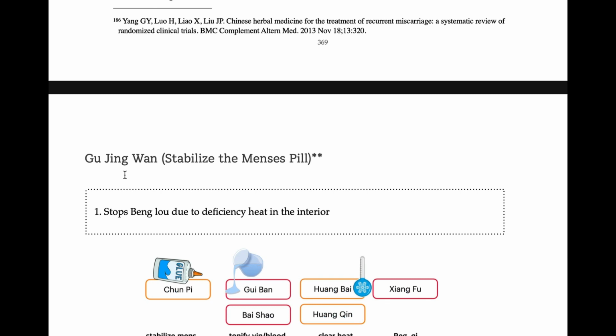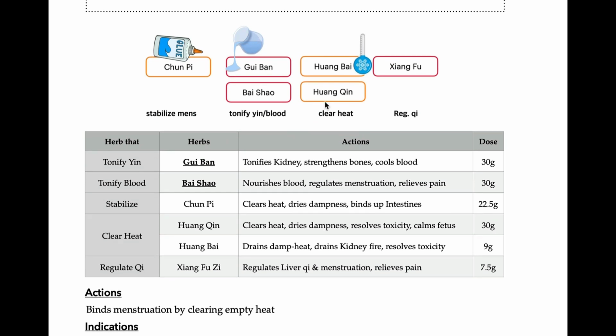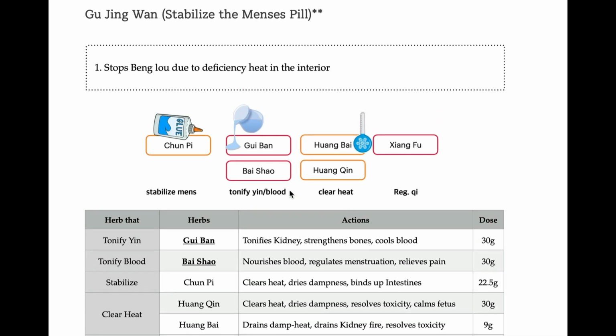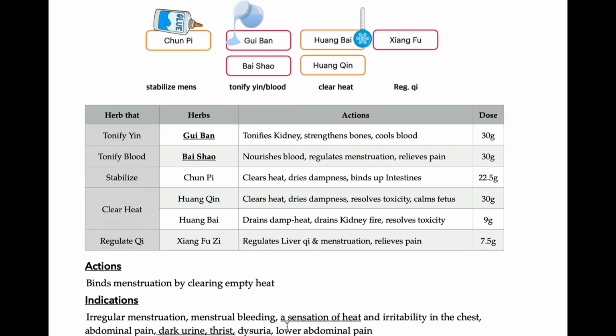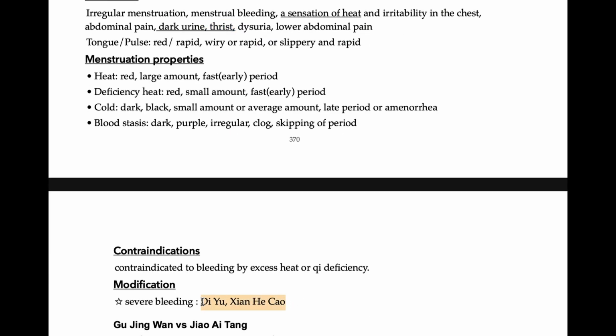And this Gujing Wan, same name, is for menses. Same name, Gujing Wan. Jinsuo Gujing Wan is for seminal emission. This one is for menstrual bleeding, beng lou. But this one has a very cooling property, not like Wenjing Tang, which has a warm property. This Gujing Wan has a cooling property. So it treats heat signs, sensation of heat and thirst. So uterine bleeding with heat signs. And how do you modify when there is excess bleeding? Diyu or Huirui or Xianhecao. These are all stop-bleeding herbs. So combine these herbs for excessive bleeding.